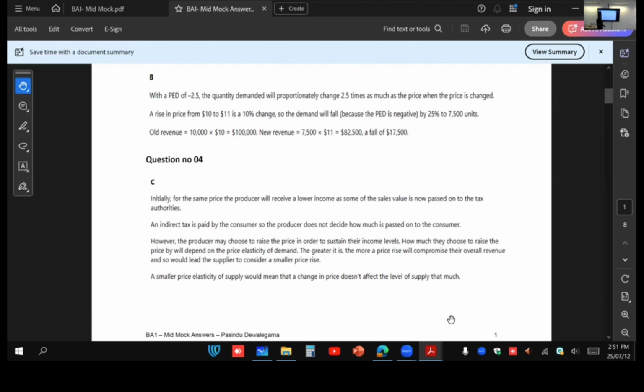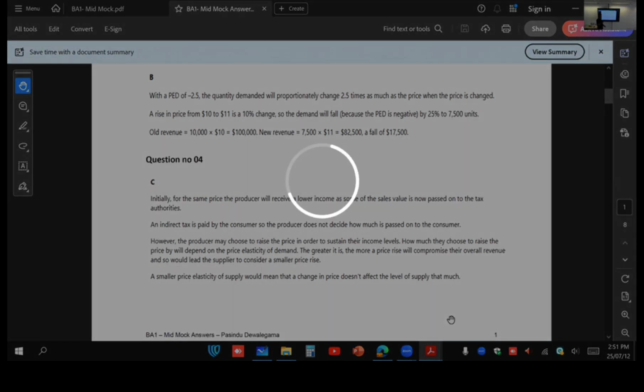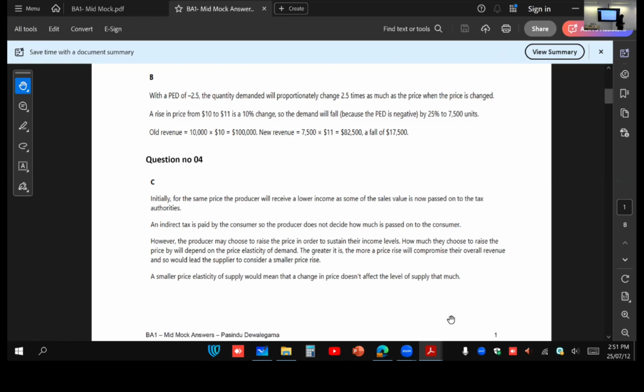How does that happen? Initially, you sell items at this price, but at the latter period, you are selling at the same price, right? But whatever you earn, whatever is supposed to come as profits to you, you are sending that to the tax authorities in terms of a tax. Okay. So then,